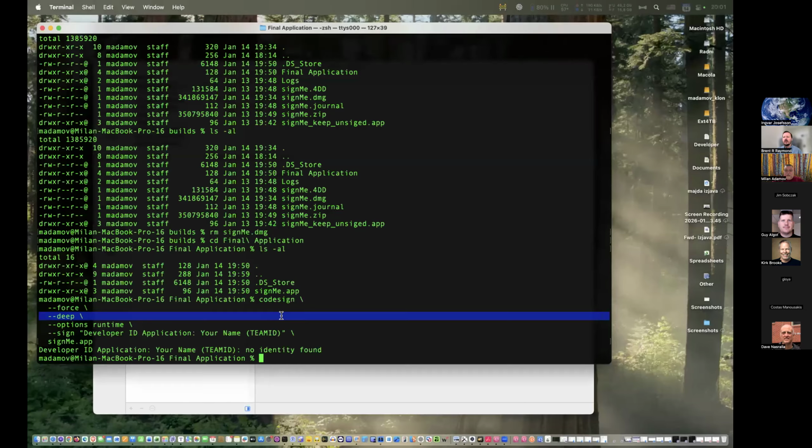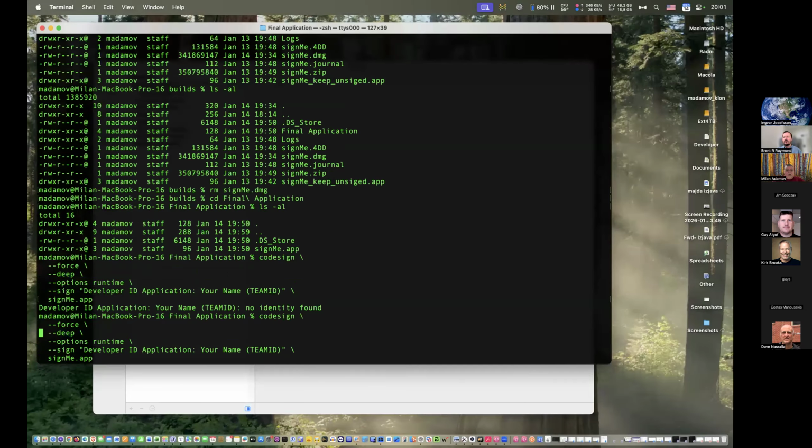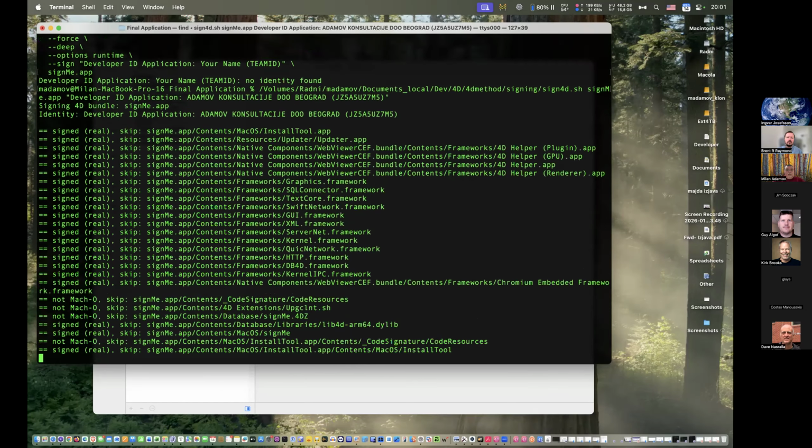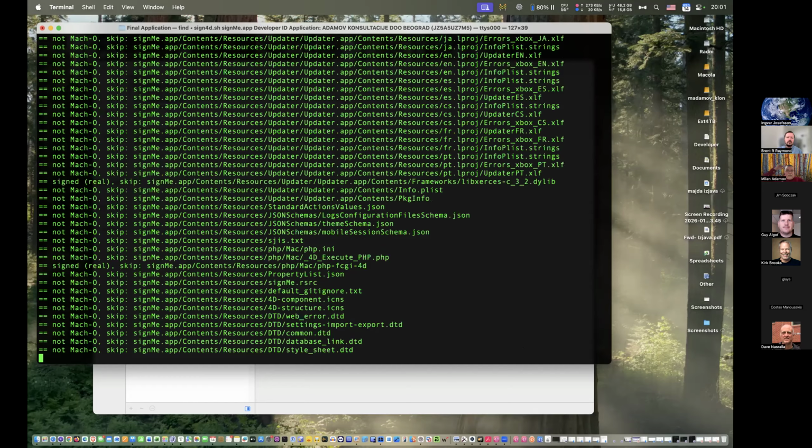I think I have it in history here. I need the staple, notary. Is this one sign? Yep. Okay. So see, it's going.